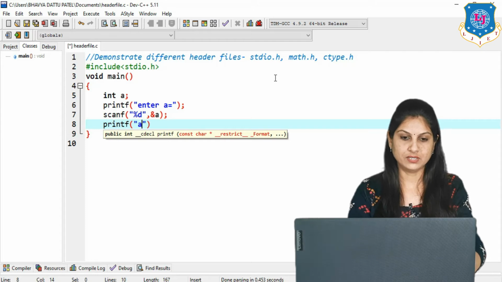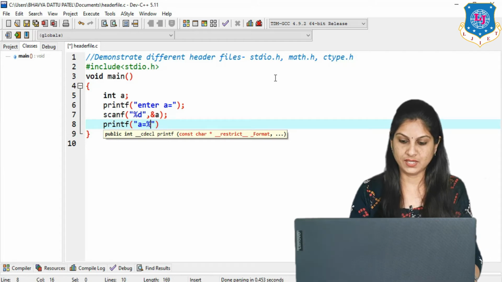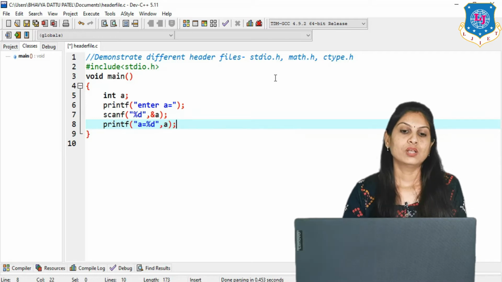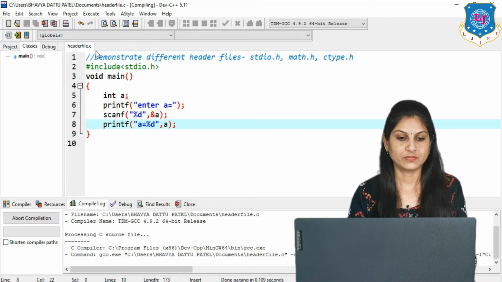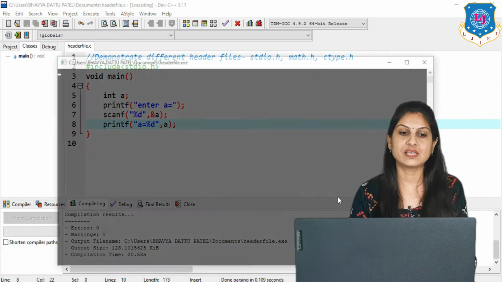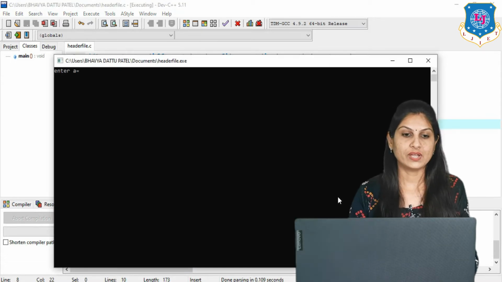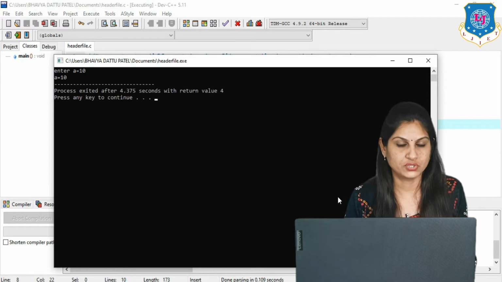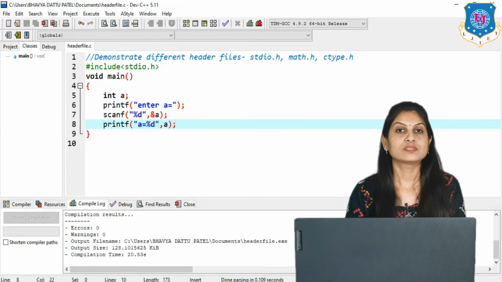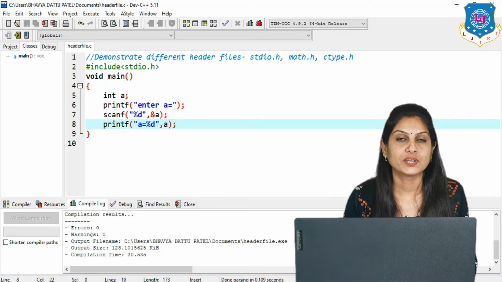So I have written "a equal %d" and then comma, the variable a. This is a very simple program. Just see the output. There is no error and the message is there, enter a. I have entered 10, so that value is displayed using the printf function. So this is regarding the stdio.h header file.